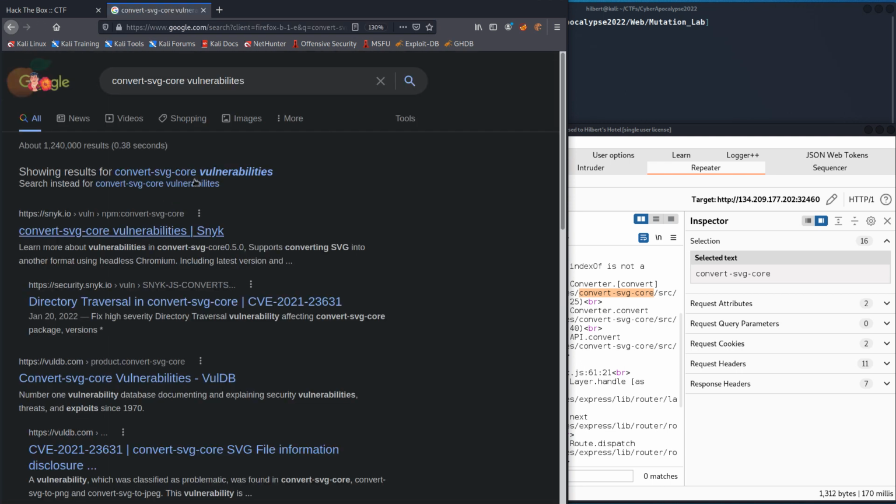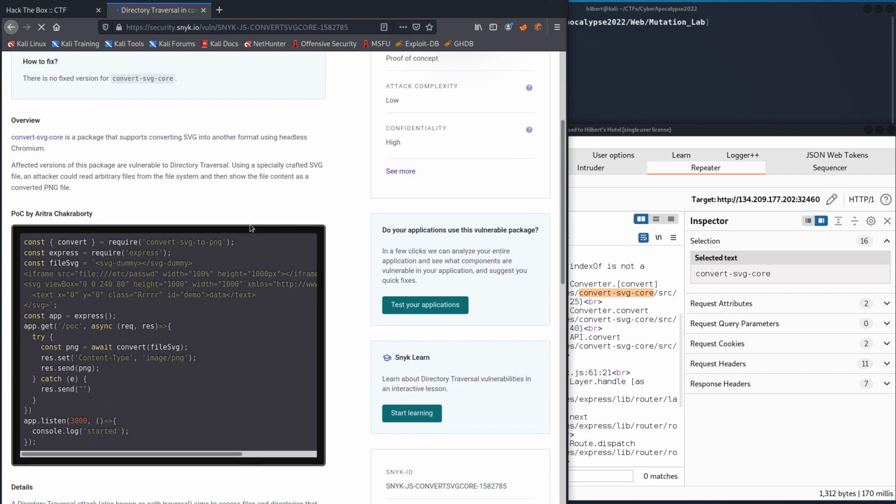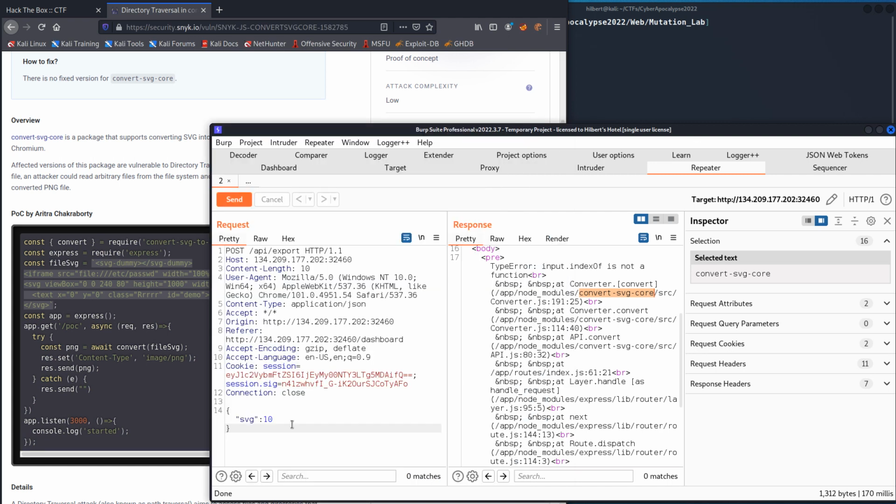Spoiler alert, there's going to be. We see right away there's a directory traversal. And we even get a nice little proof of concept. So looking at it, it looks like this is going to try and make it read the etc password file. So let's just go ahead and kind of script kiddie this and just copy and paste without too much thought and see what